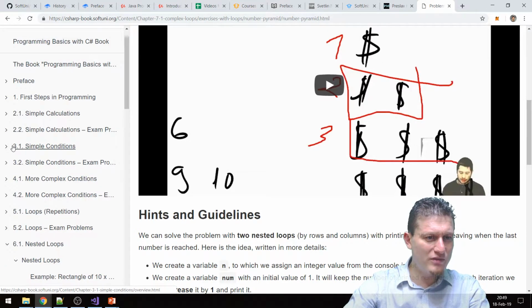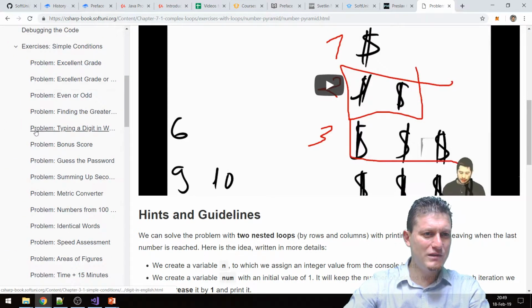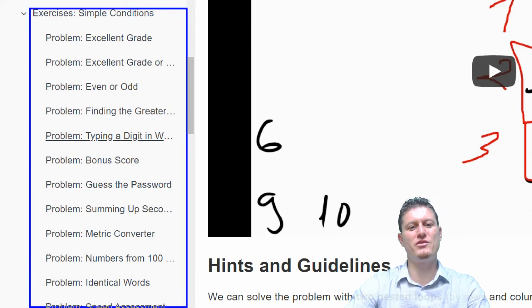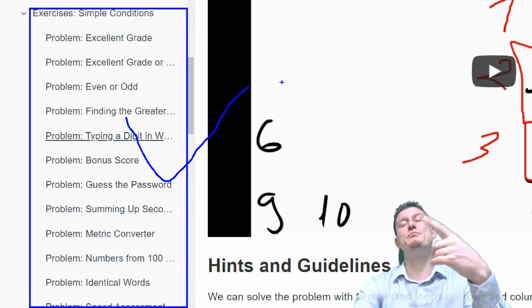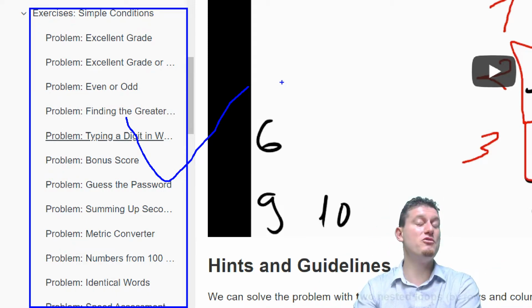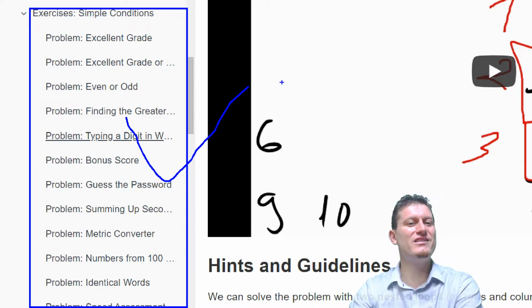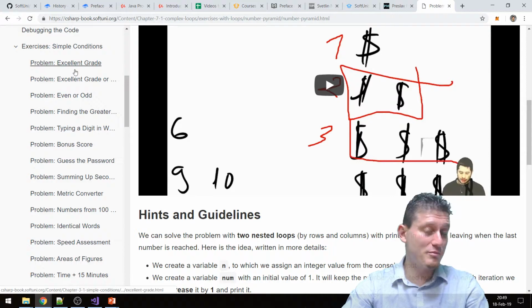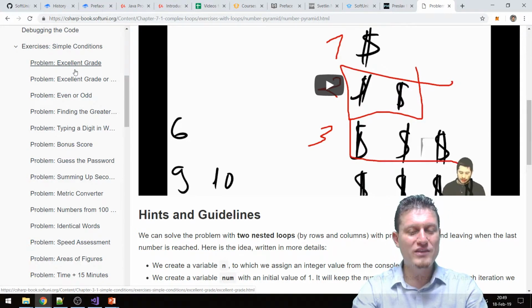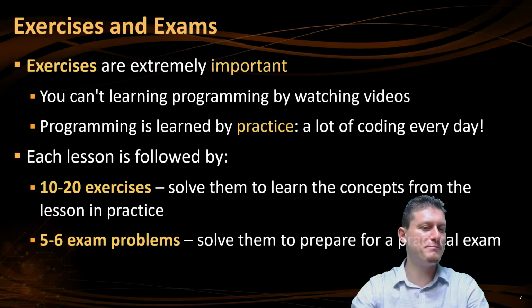Or if we open something like this, you can see how many problems we have. We have a lot of problems. So we teach programming by problem solving. Example, problem, solution. Another problem, hints, solution, submission in the judge. This is our methodology, it is problem-solving based. This is what software companies want.